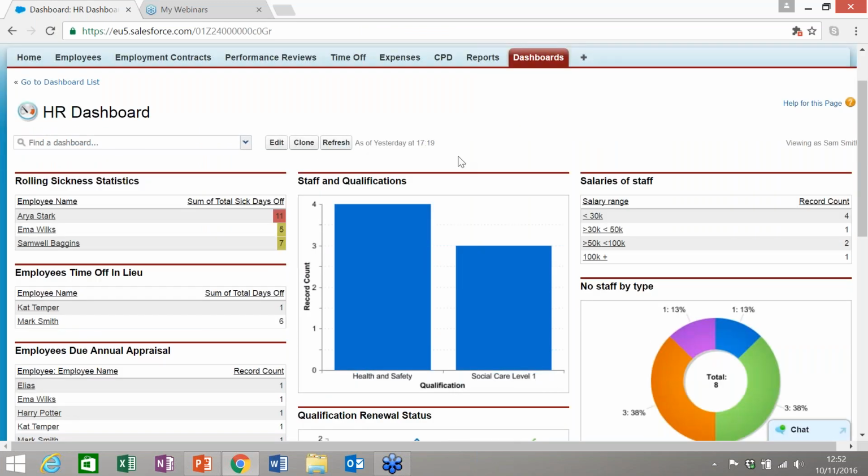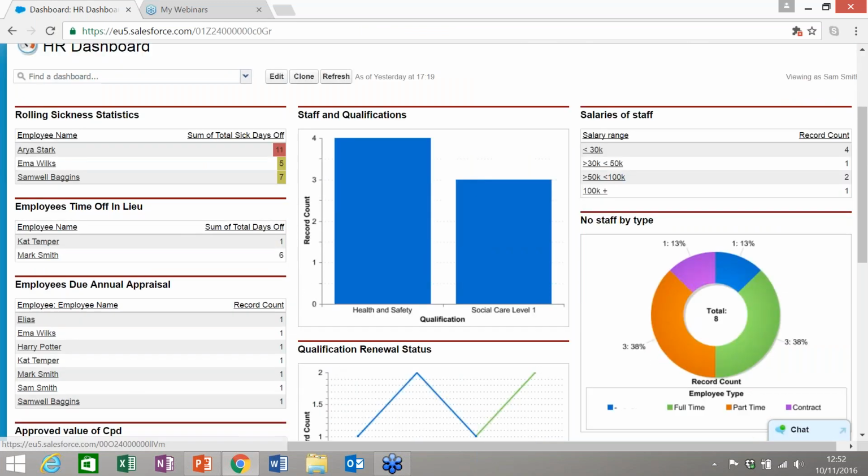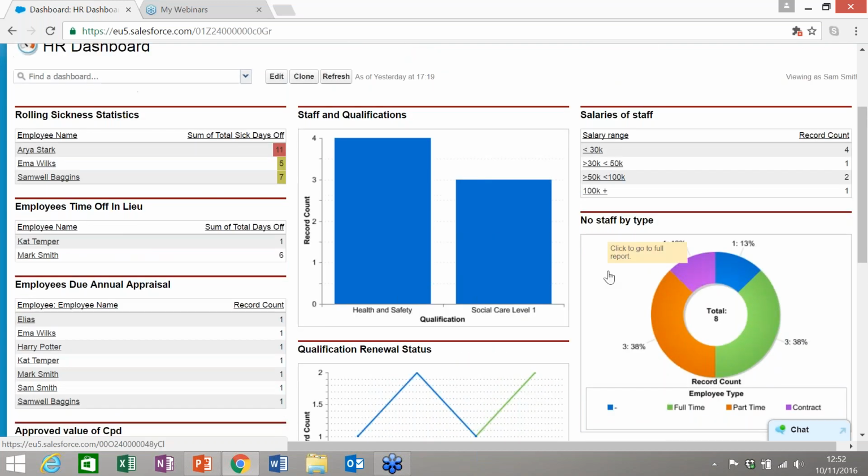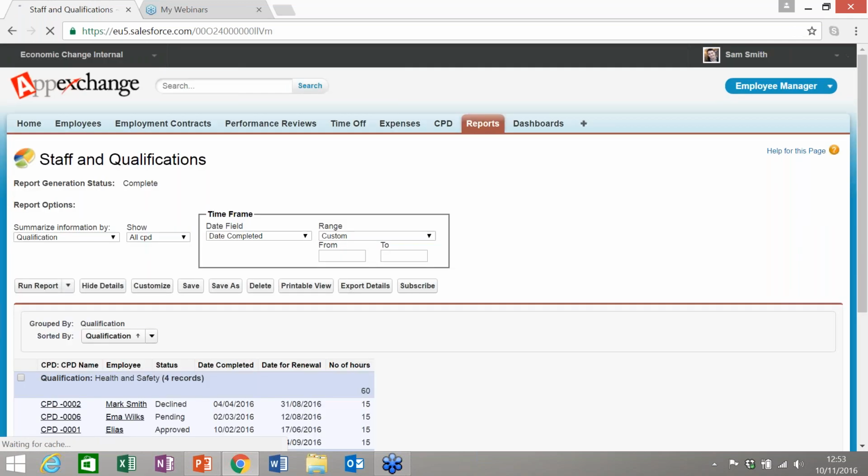This can get refreshed on a daily basis, so it keeps all of this up to date. And literally, this can be set up so the trustees have a view of what they need to see. So ideally, you'd be identifying what KPIs the trustees need to see, and a graph would be set up, which they can have emailed to them automatically, or it can be just copy and pasted and put within a document report ready for trustees. And all of these graphs, if you click on it, it goes through to the report